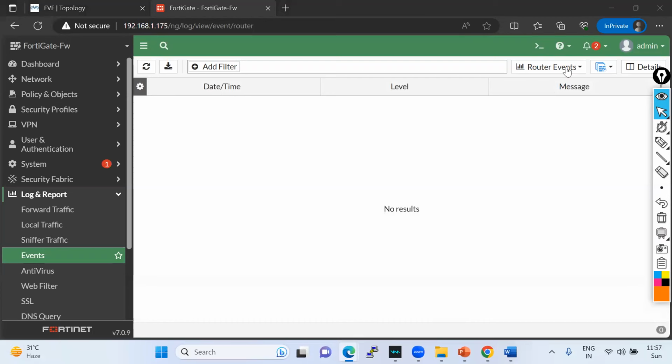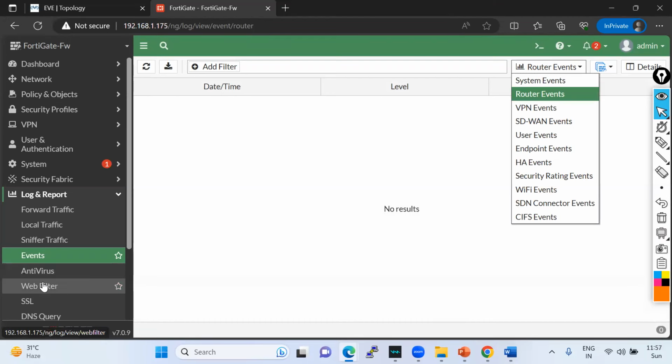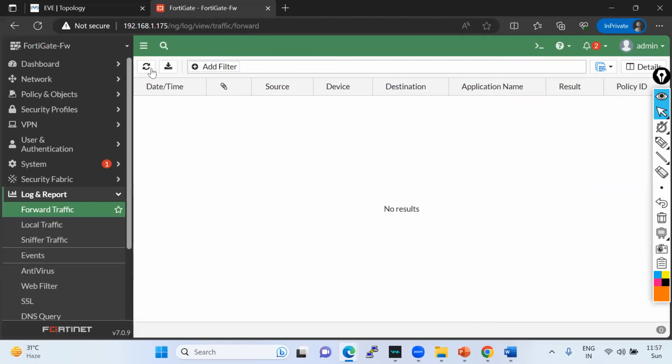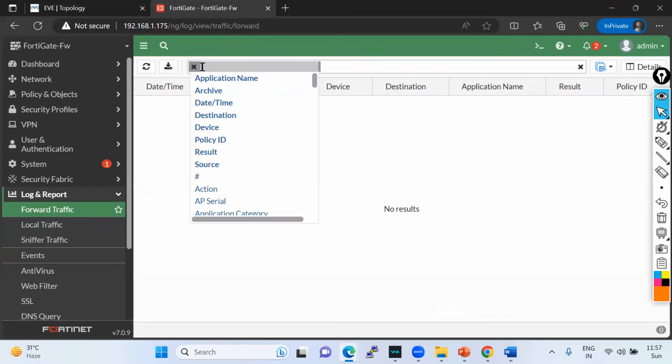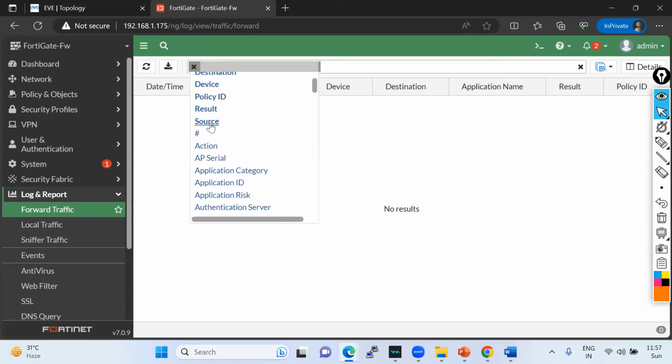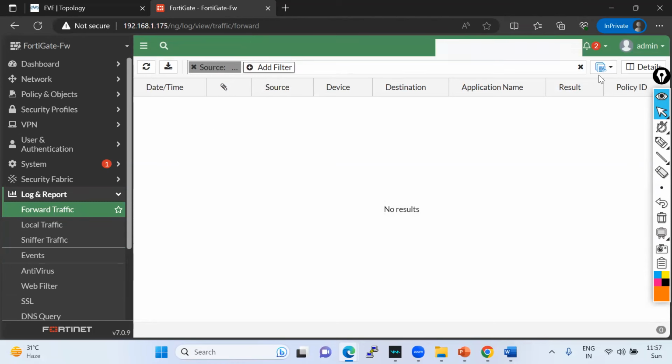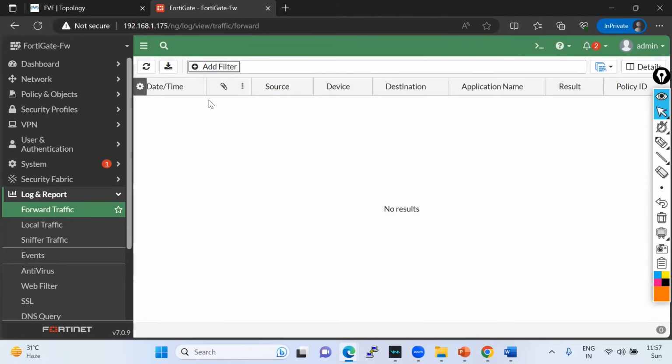nothing. Forwarding logs, there are no logs, right? Source, nothing is showing, but definitely it will show once I have the licensed firewall. All the logs are going to show. So in an upcoming session I'll tell how the licensed firewall is going to be created for 15 days free of cost, and you just have to create the account. You can do that. Even if you want to take the CLI access to the firewall, you can. This is